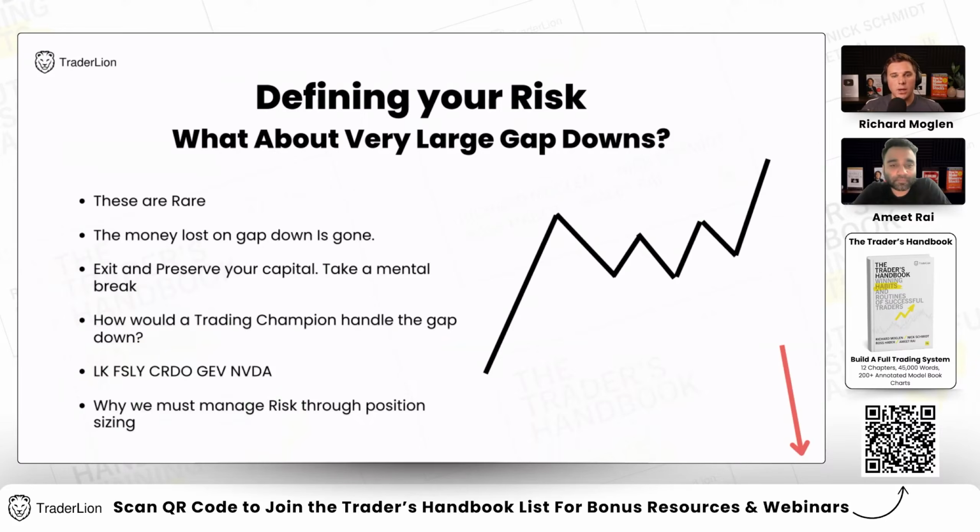We don't want to take enormous positions because a gap down could happen. A CEO could have a stroke and then the next day the stock could be down quite a bit. They could miss earnings. We want to take steps to manage our risk as best we can, both with our position sizing as well as our stop loss. And during a gap down, your stop loss isn't going to help you, but your position sizing is going to make sure that it's not disastrous to your account.